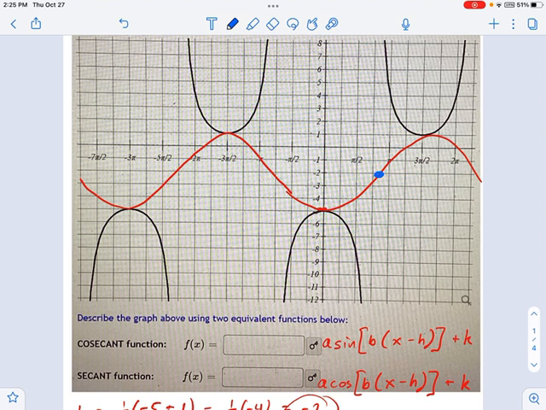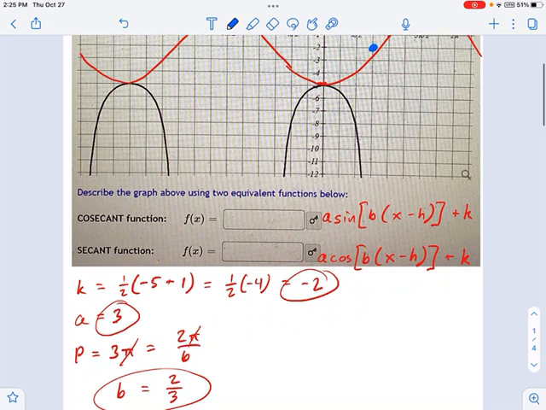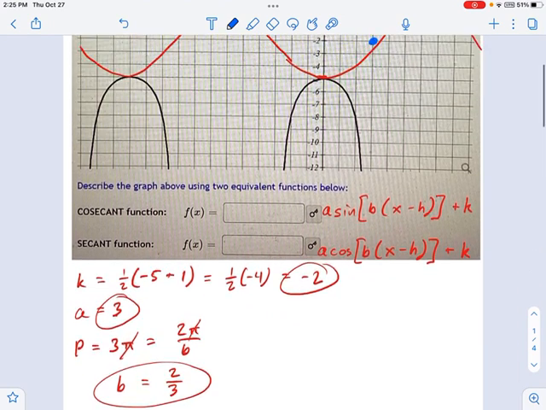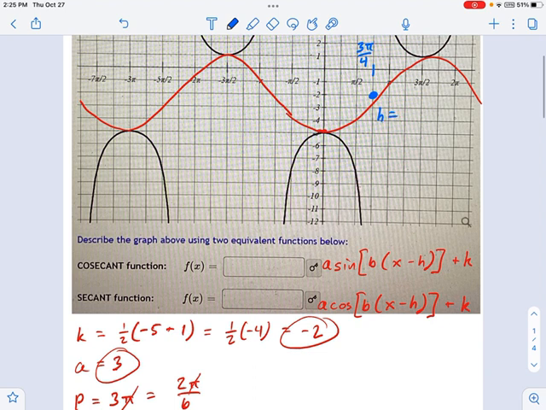It's on the midline at -2, and it goes up from there. Because of the clumsy way I drew this graph, really the midline crossing should be right here, okay? And that's going to be between pi over 2 and pi, so that's going to be 3 pi over 4, right? 3/4 pi. So that's all I have to do. I just say from there, h equals